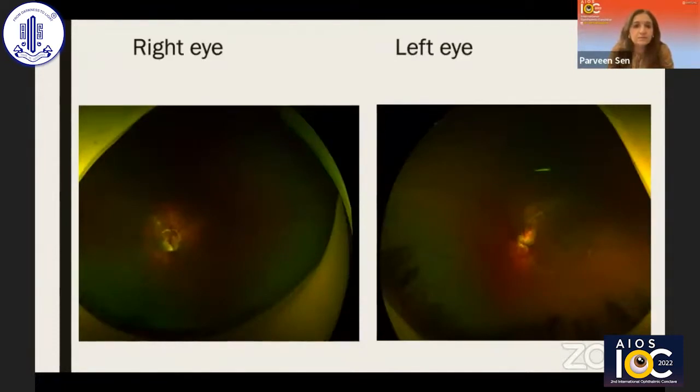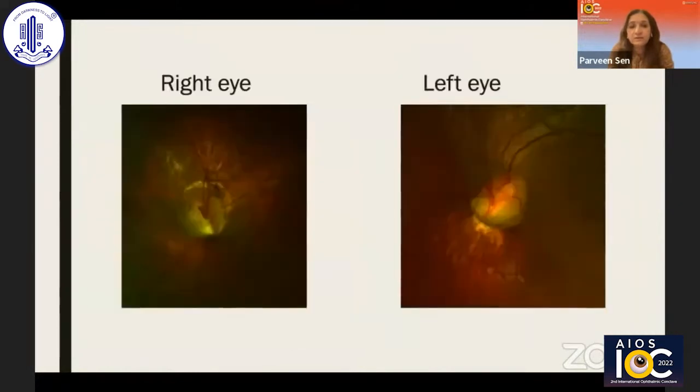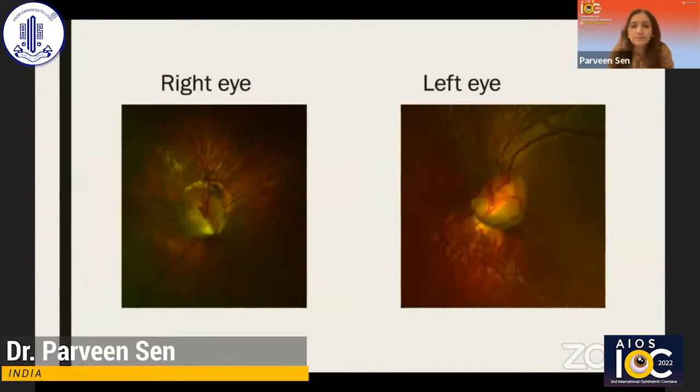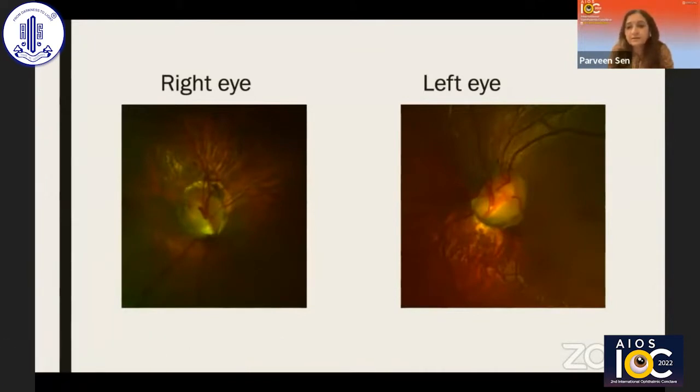So this is the Optos photograph for both the eyes, which shows an extensive retinal detachment in the right eye. So it is not limited to maculopathy, but extending inferiorly almost beyond the equator. And this shows the optic disc pit present in the infratemporal area of the optic disc in the right eye, and similarly in the left eye as well. In the left eye, the retinal detachment was limited to the macula, as usually we have the presentation with optic